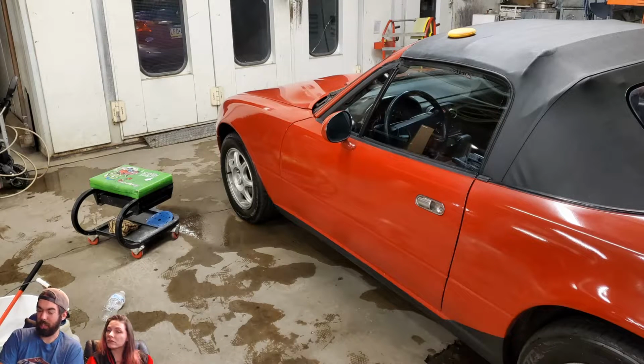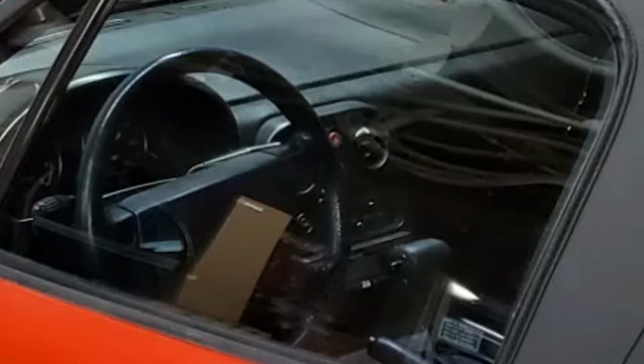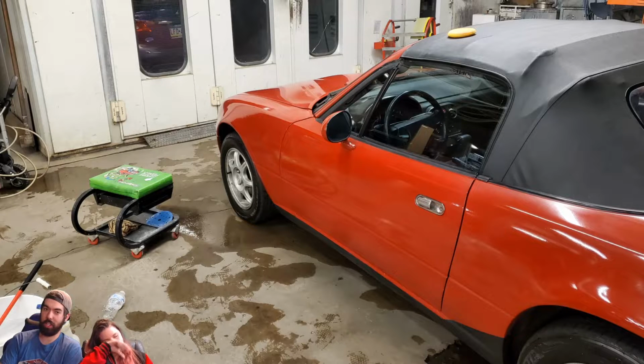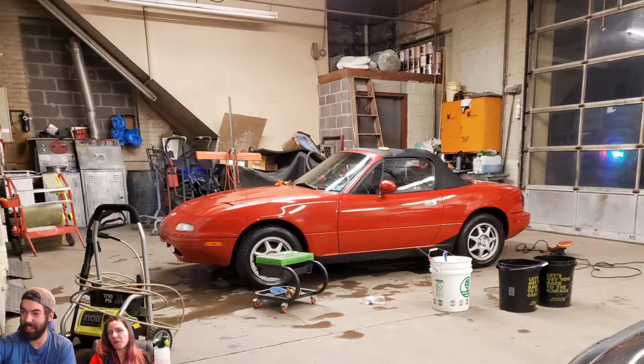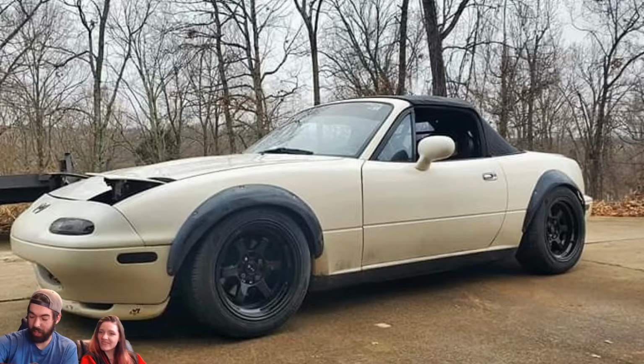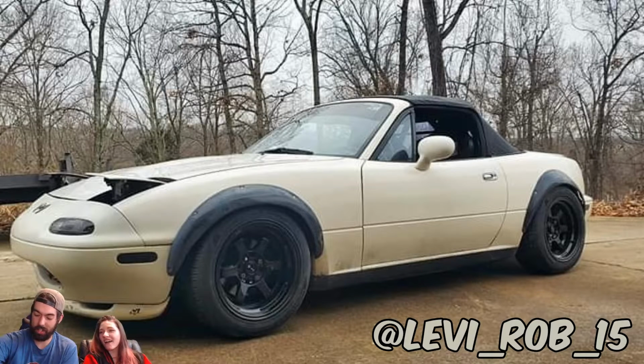Oh, wait a minute. Wait a second. Hello? Let's get a look inside this car. Just look at that. It's an automatic. Instantly, no, not nice. It instantly loses its... Why did Mazda make these an automatic? It's not rice necessarily, but it's not nice either. Medium. It's medium, dang it. You're a medium pancake. All right, up next we have at